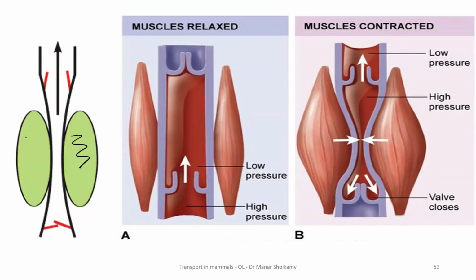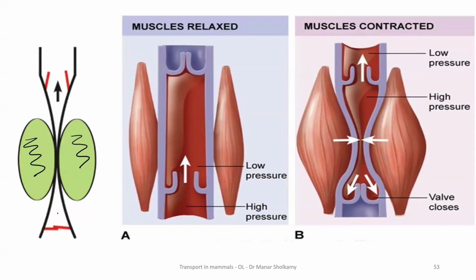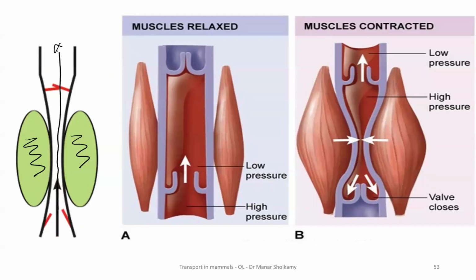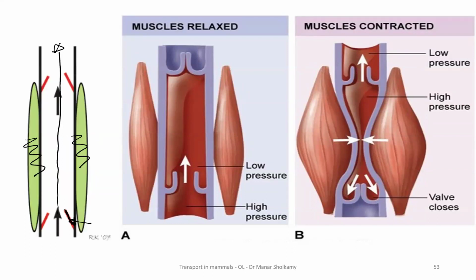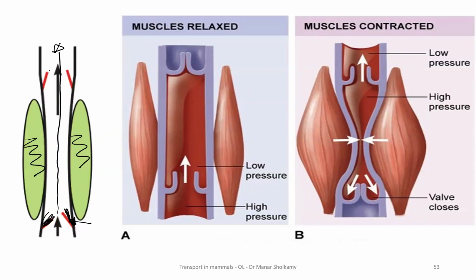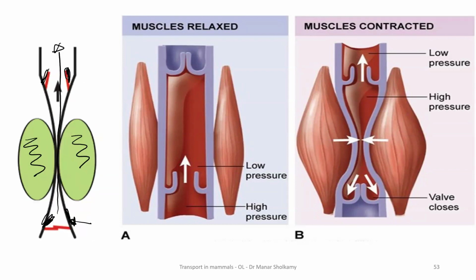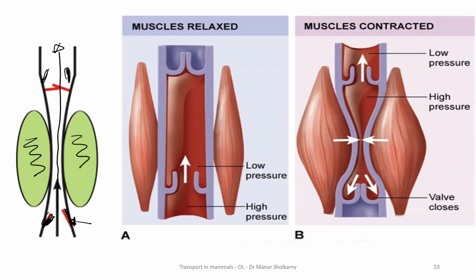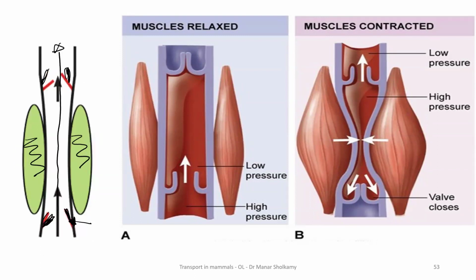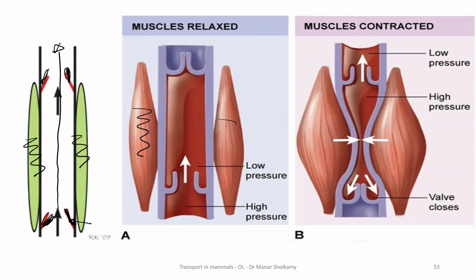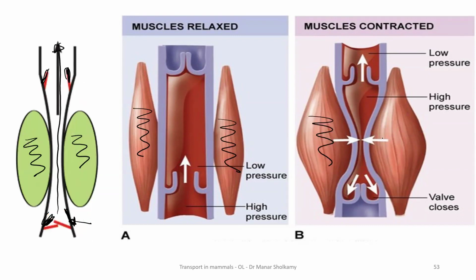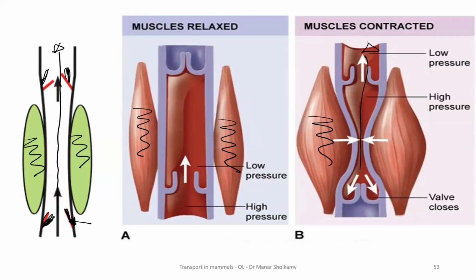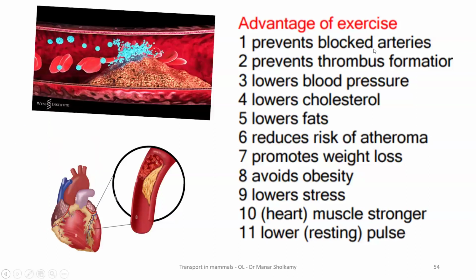These are the muscles and they're contracting. When they contract, they push the blood in your veins. This is a vein. How did I know that this is a vein? What are these? Valves. Valves, and valves are only found in veins. Exercise improves circulation. This is a fact because when you exercise, your muscles contract. See, this is a relaxed muscle. When the muscle is contracting, it will squeeze on the vein, pushing the blood forward, improving circulation. So exercise is very important for the heart.